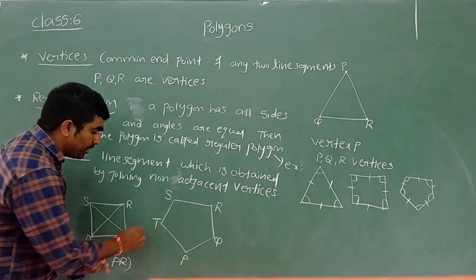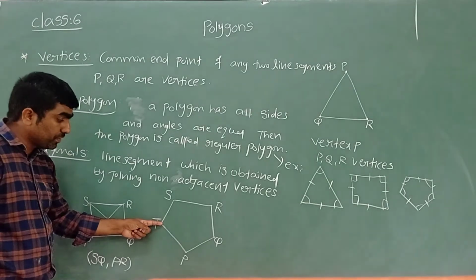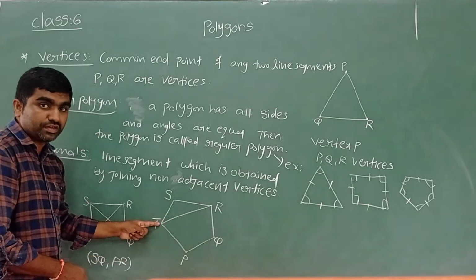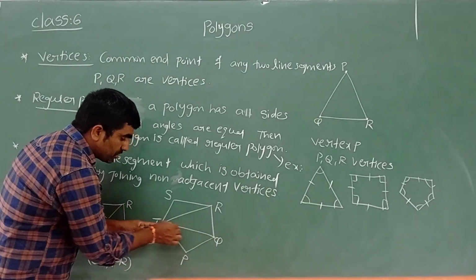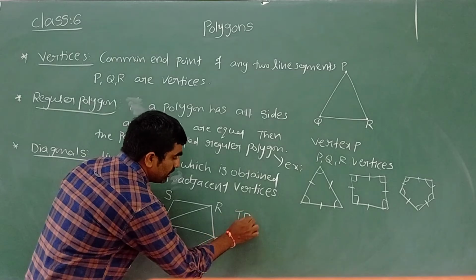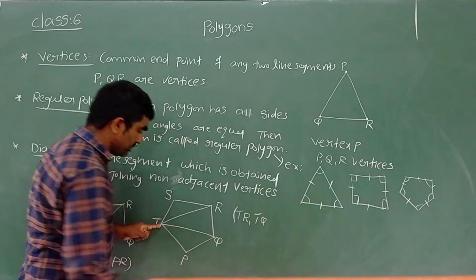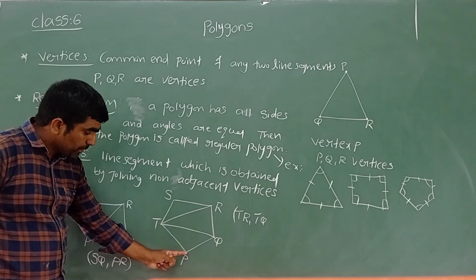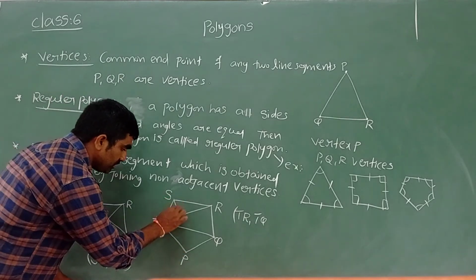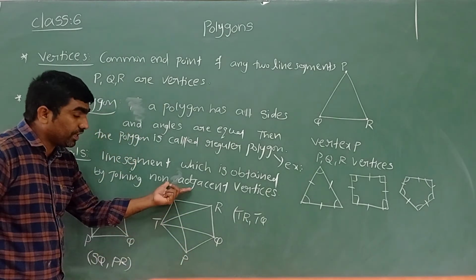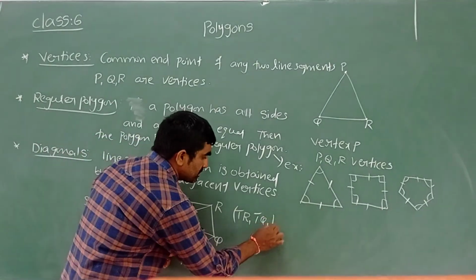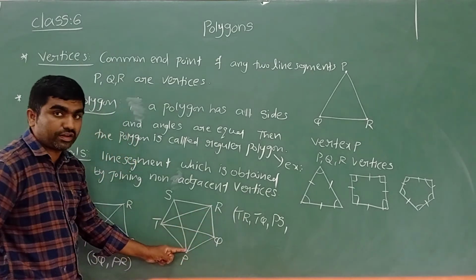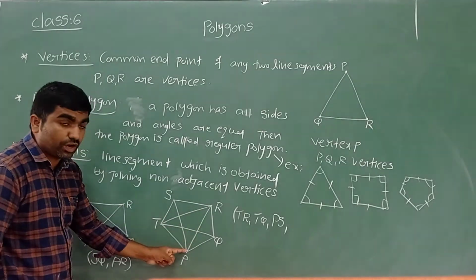Now let us see with the help of T, how many diagonals are possible? Can I draw TR? Yes, we can draw TR. Both are not adjacent vertices. TQ also, yes. TR is one diagonal, TQ is one diagonal. TP side by side, TS side by side. Now let us see with the help of P. PS one diagonal, yes, because these two are vertices which are not adjacent, not side by side. So PS is one diagonal. More from P we can say PR. PR is also one diagonal which we obtained by joining non-adjacent vertices.